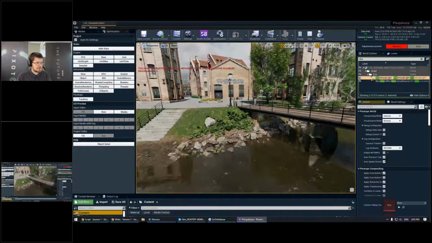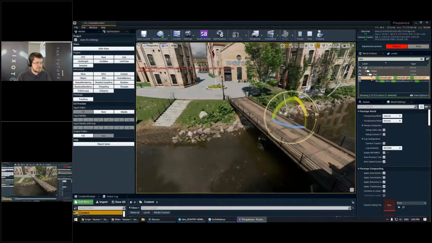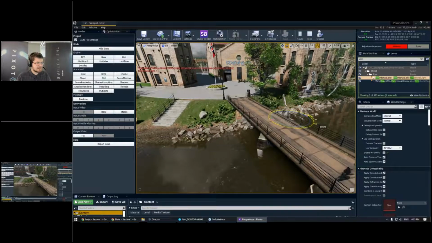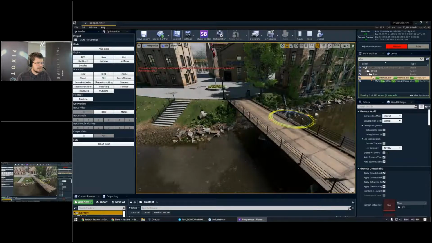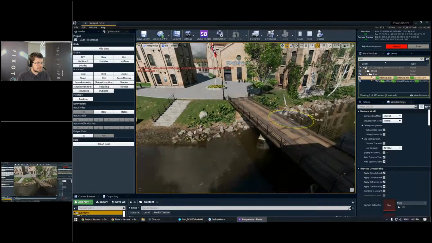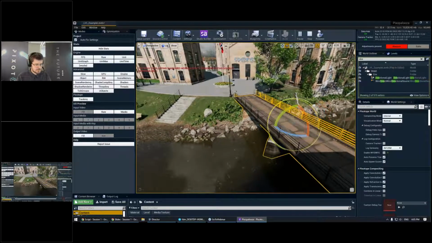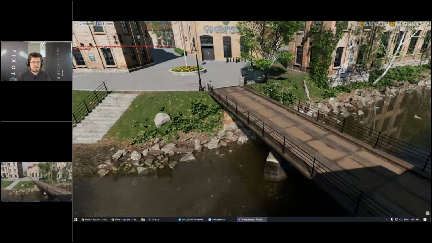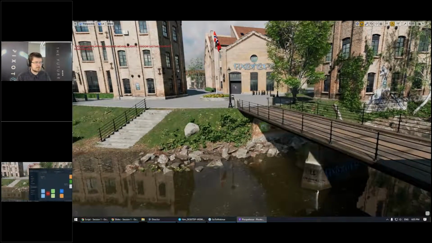So first of all, I can grab the sunlight because nothing here is baked. This is all dynamic and rendered in real time. We can adjust our sun to be more representative of the current time of day. There we go. And now using our director interface, we can trigger some weather effects which we have built for